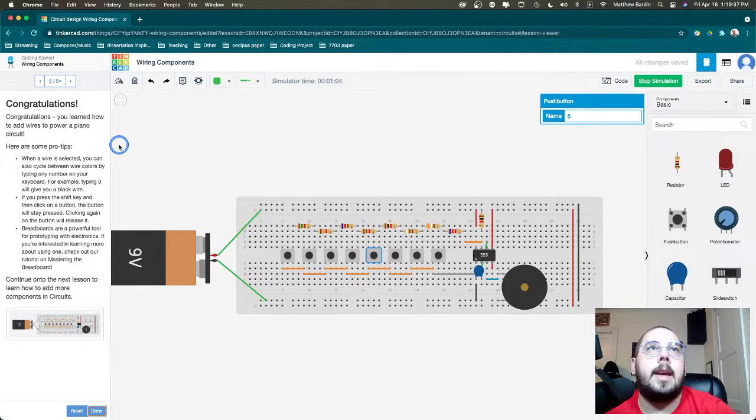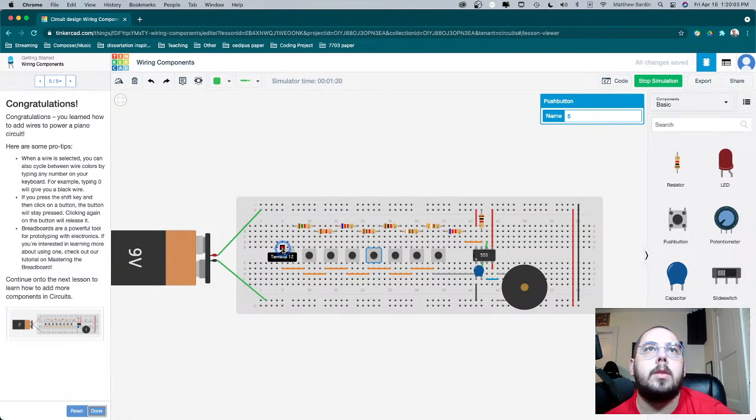Congratulations, we've learned how to add wires and power a piano circuit. Again, it's pretty simple. You'll notice that each of these elements has a terminal. All right, so if I hover over it, terminal 1, terminal 2, again, is kind of signal going in, signal coming out. So you could click on that in order to connect a wire to it. So let's say we wanted to connect terminal 2 or something to this row here. Again, just how breadboards are set up, we could connect that there. We can click and